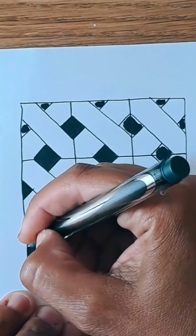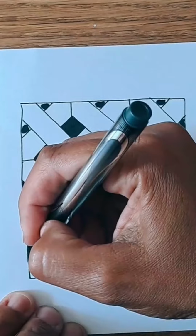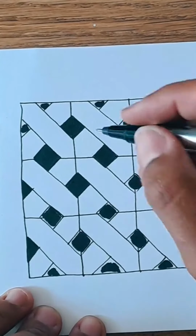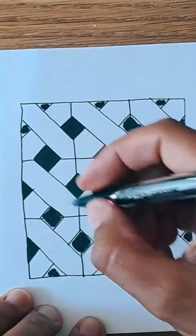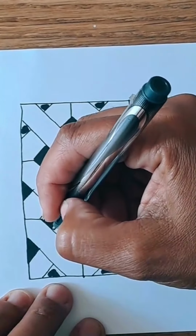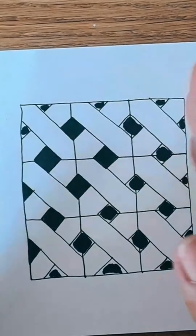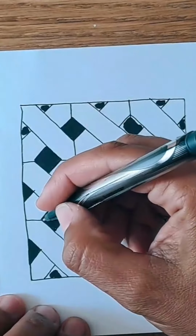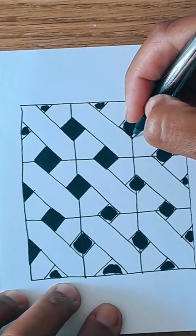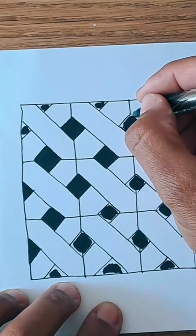Go ahead and color in all of those triangles that are along the borderline as well, because what we'll be doing after this is straightening up that borderline as well. You can see whether your lines are straight or not at this point, and you can use your fine tip to straighten up the lines. You can make them slightly thicker if you need to, just to make this illusion